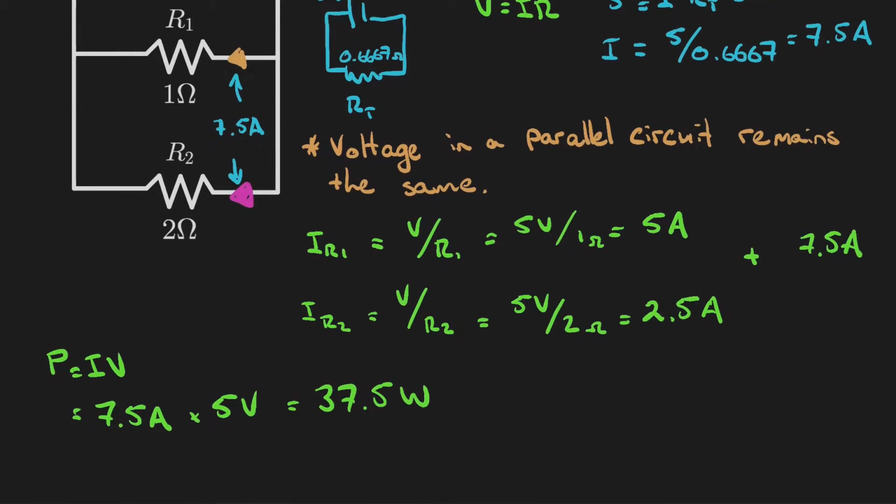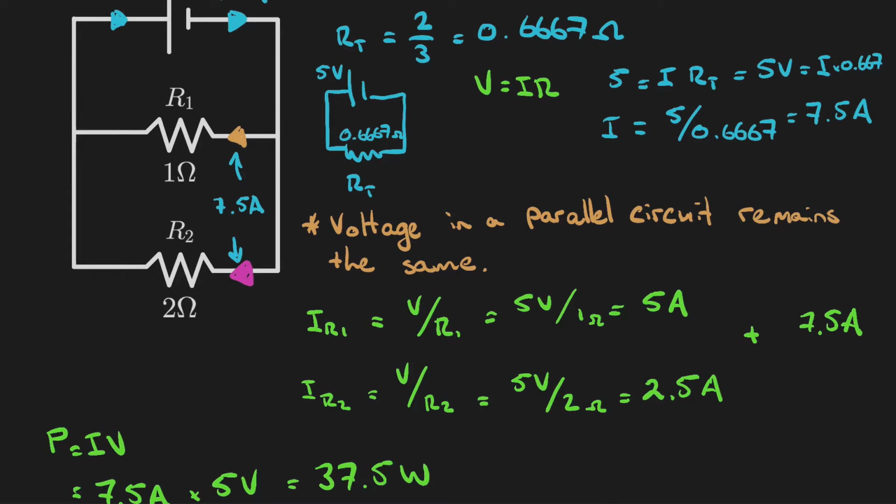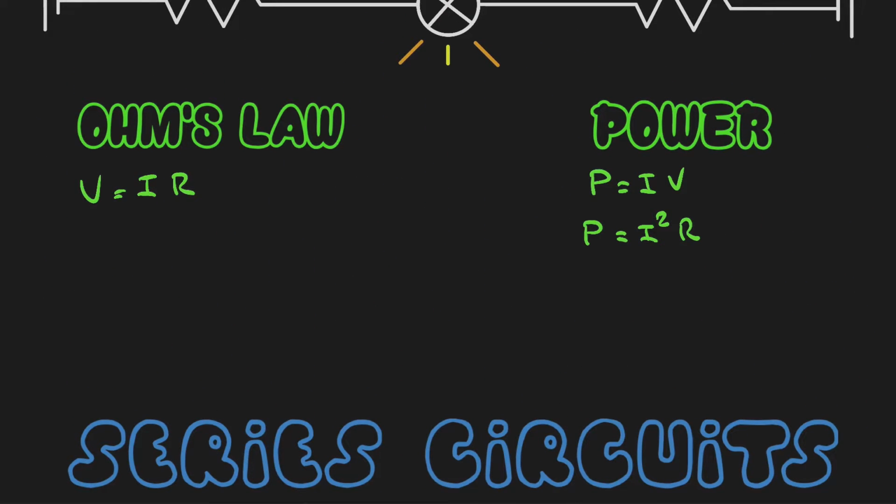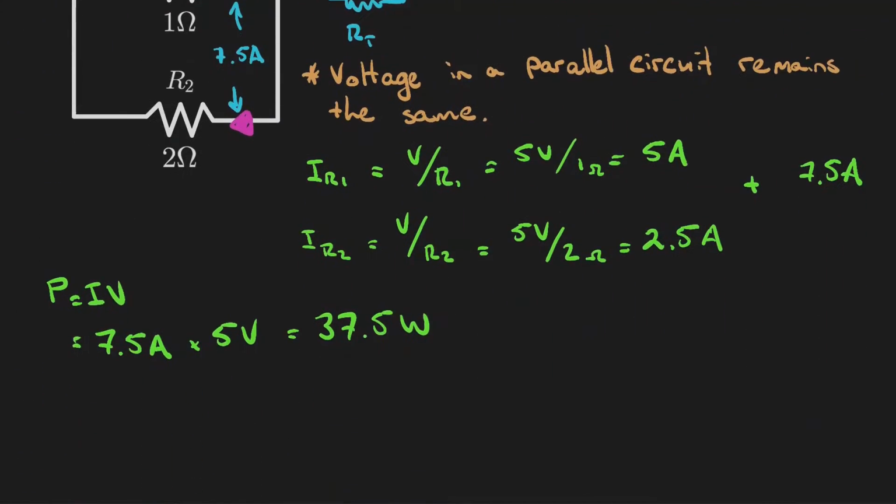Now, there's 2 ways to calculate. Say you wanted to calculate the current through the first resistor. There's 2 ways you could go about it. And this is why I said it's very important to know these 2 formulas. Right? So we've got P equals IV, or power equals current times voltage, and power equals current squared times the resistance. Okay? So say we wanted to use the same formula,